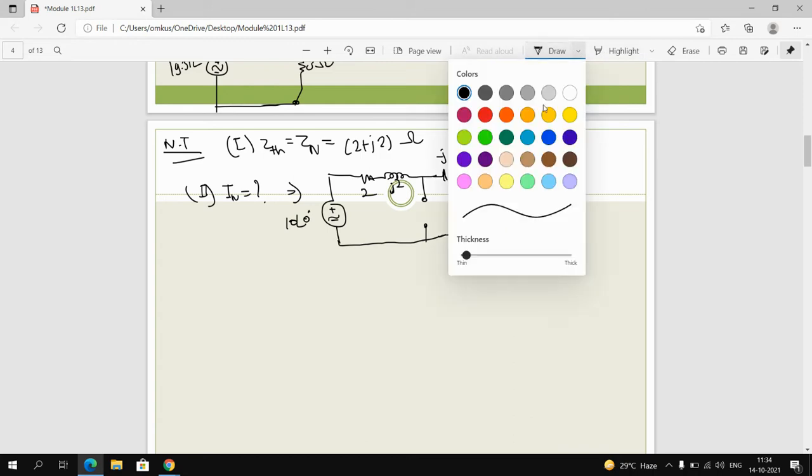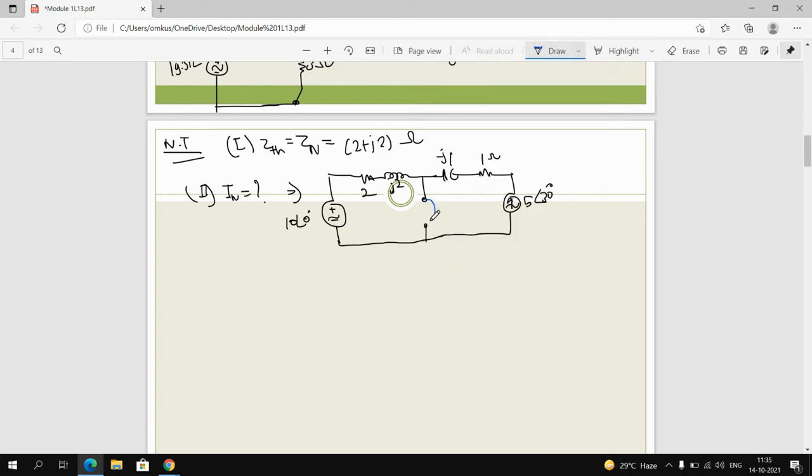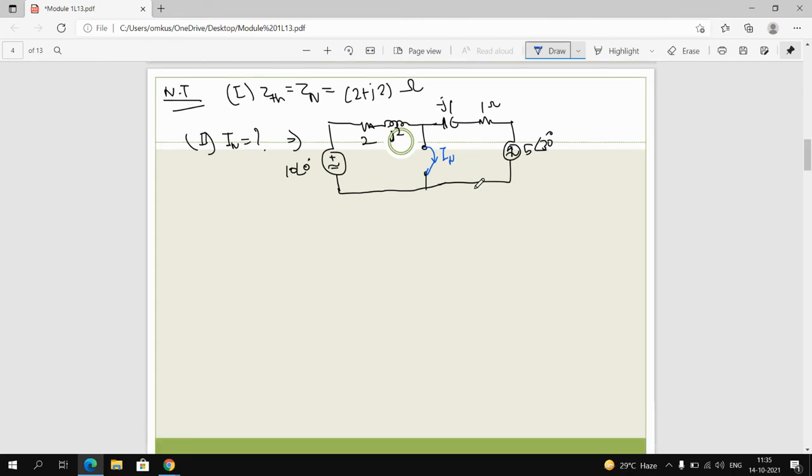In Norton's theorem, how do you calculate this short circuit current, right? So how to calculate this Norton's current? Calculate this value. Now how to calculate this value? Now see, this is a short circuit element, right? So these two nodes are short circuited, so this circuit is complete by itself, and this circuit is also complete.